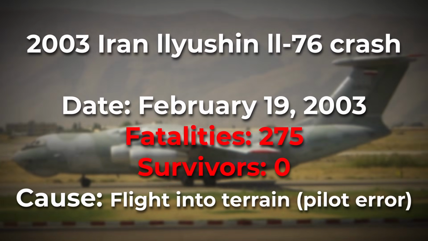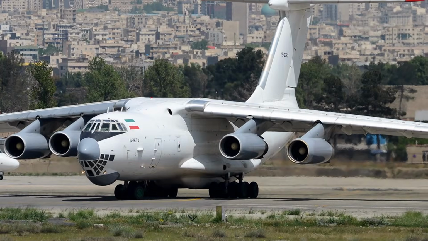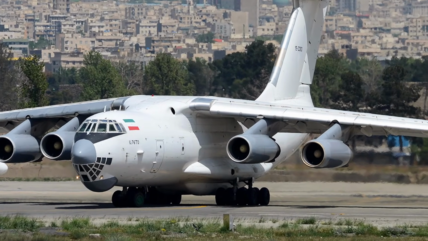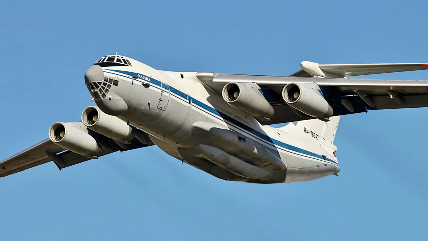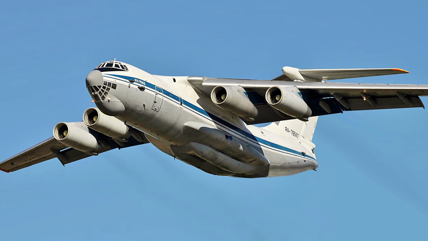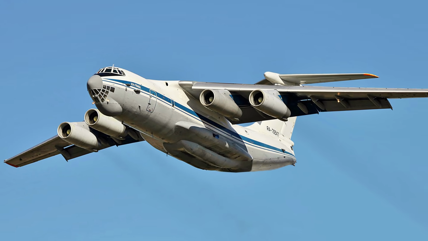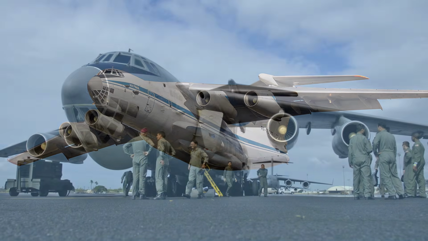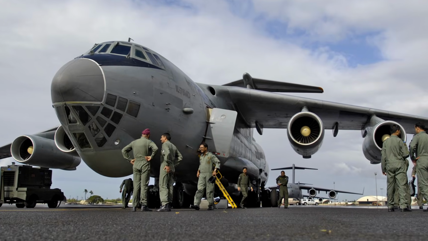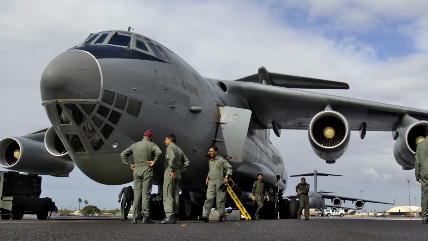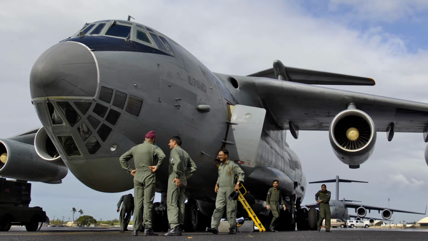On the 19th of February 2003, an Iranian military aircraft crashed into mountainous terrain near Kerman in Iran. The plane was flying from Seydan to Kerman when it crashed 35 kilometers southwest of Kerman. The aircraft was carrying members of the Islamic Revolutionary Guards, a special force that is independent from the Iranian army,